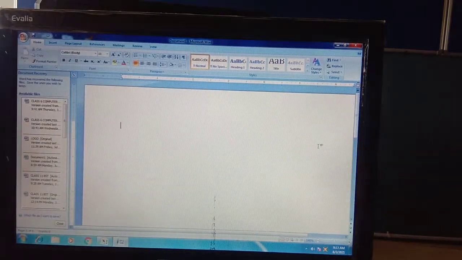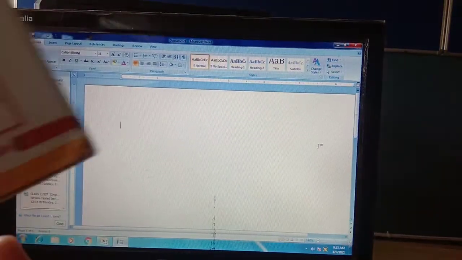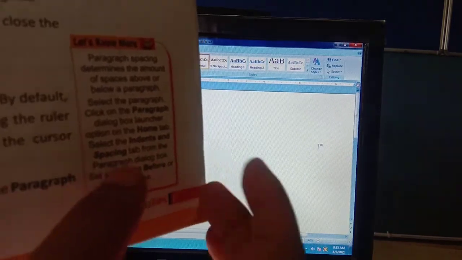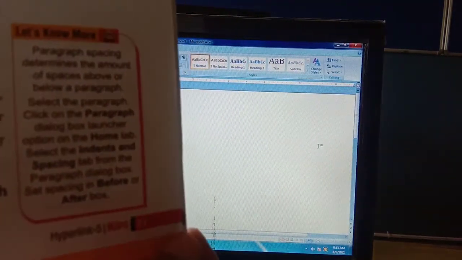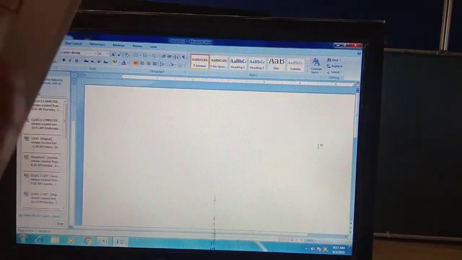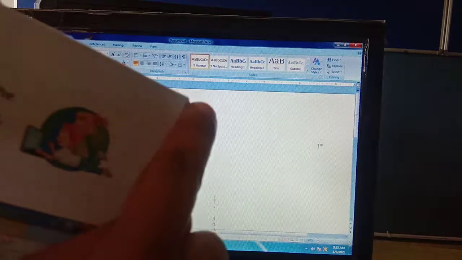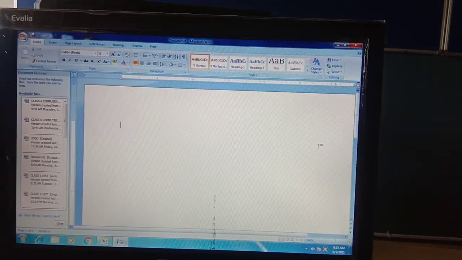You can easily see this in your books: some important information that is repeated on each page. It is mentioned at the bottom, and in some books it is at the top. This is called your header and footer.